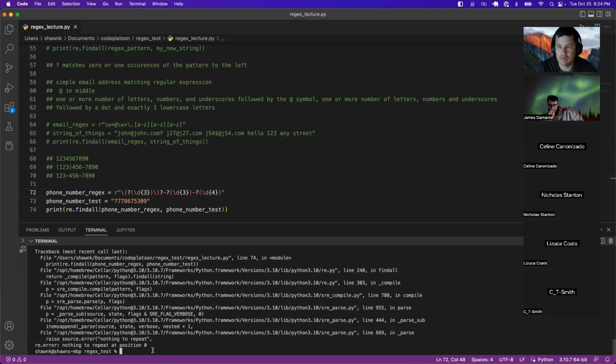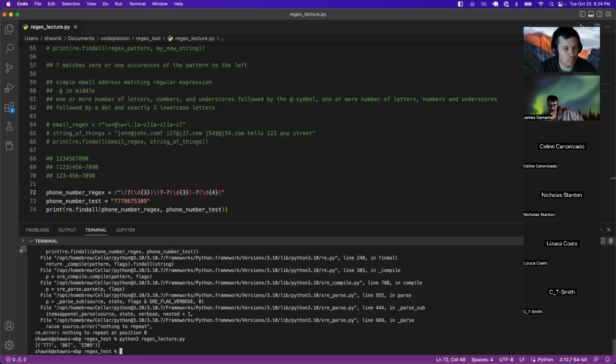I think I would have learned my lesson earlier about putting things in the incorrect position, but I did not. So you see it finds 77786. Why is it splitting them up into 3 different strings? I think it's because the parentheses form the groups. They do, but this should be one group, and then this should be escaped. This is another group. This matches only with that. Maybe I need to do